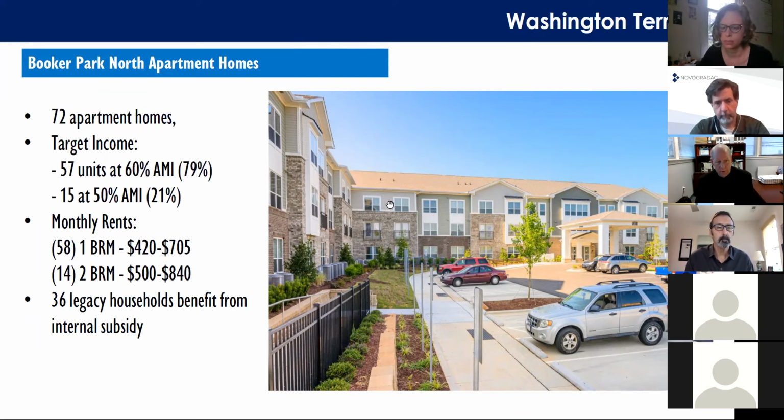This is Booker Park North apartment homes, 72 apartment homes. You see the targeted income levels and how they break out. Again, the rent's very affordable. And 36 legacy households are benefiting from an internal subsidy. So everyone is sort of being addressed here in terms of what they're looking for in housing types, what their ability